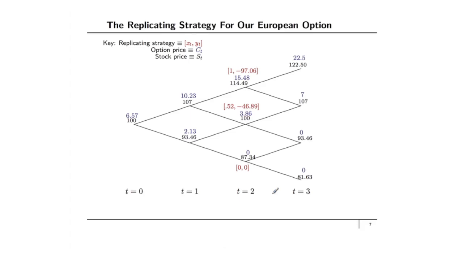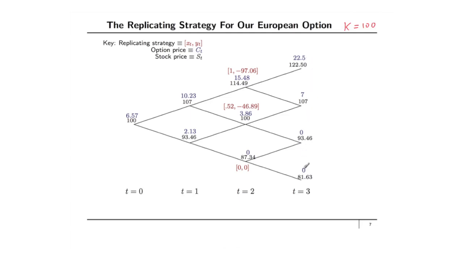So, for example, this is our earlier European option. In black, here we have the stock price. In blue, we have the option price. And in red, XTYT, we have the replicating strategy. So the way we priced this option initially was we determined the payoff at time t equals 3. Remember, the strike here was $100. So it was a call option with strike equals $100. So these are the payoffs of the options,